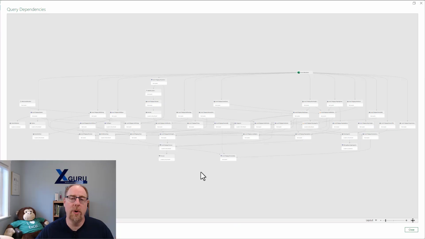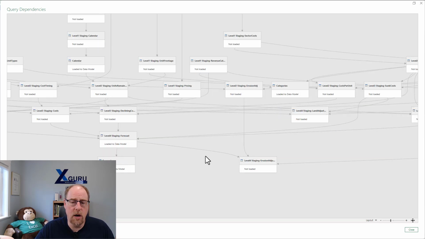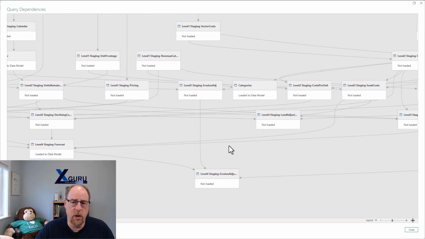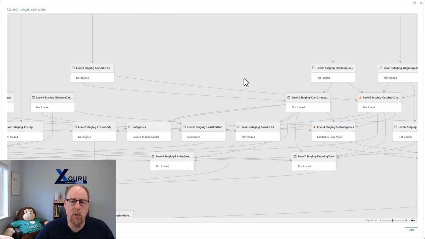Now let me show you a real world example of where Query Sleuth became very, very useful to me and why I actually built it in the first place. What I'm showing you on screen right now is a view of a particular model that I built for a client. As you can see here in the Power Query Dependencies view, this looks pretty much like a